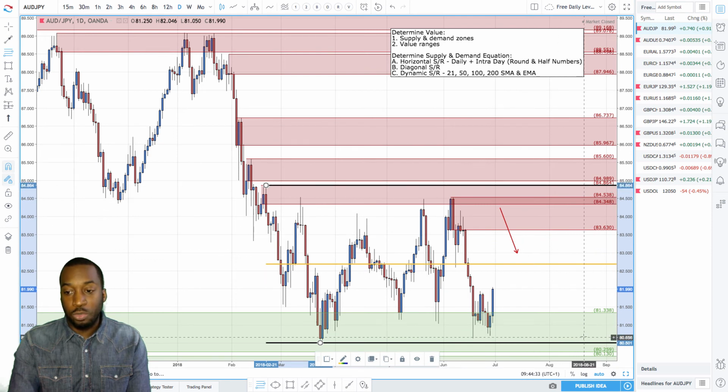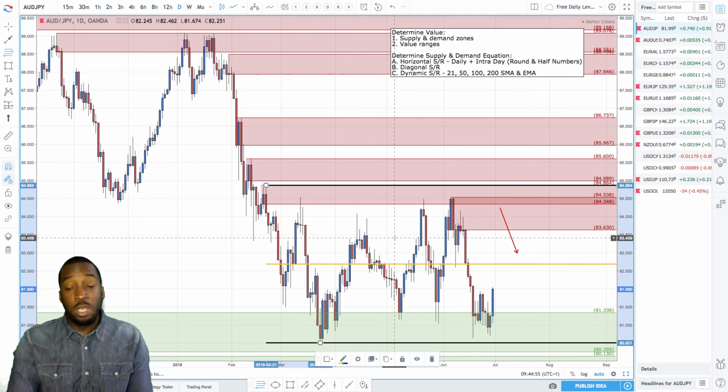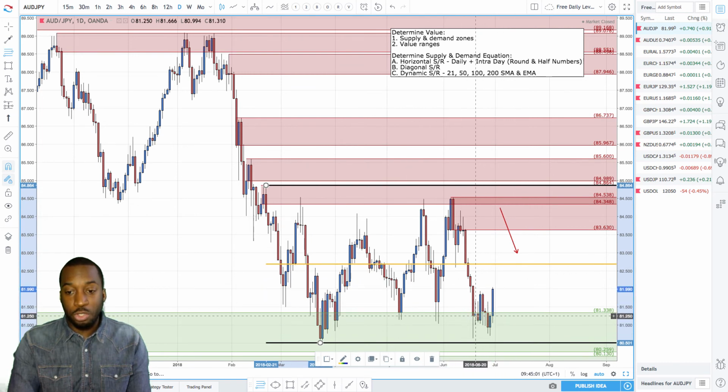Buyers would agree that around this 80.5, 81 level is a bargain, and sellers would agree that the 84 level is expensive, right? So if this is a bargain or an expensive area, depending on what currency you are buying,